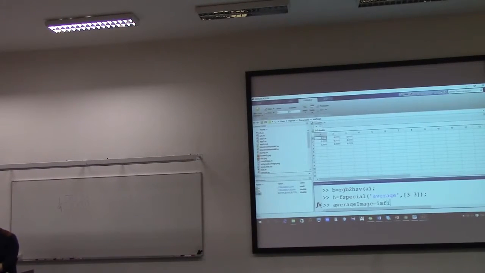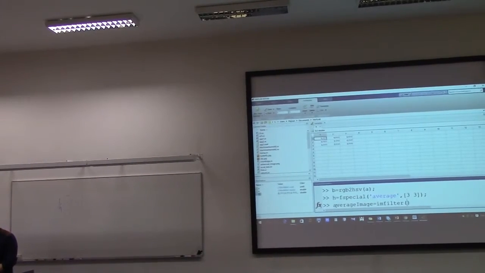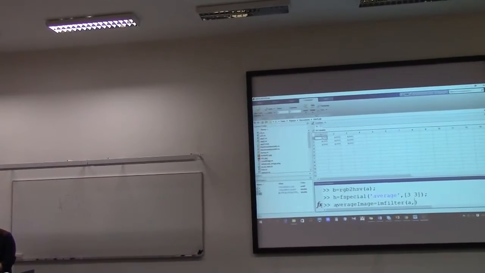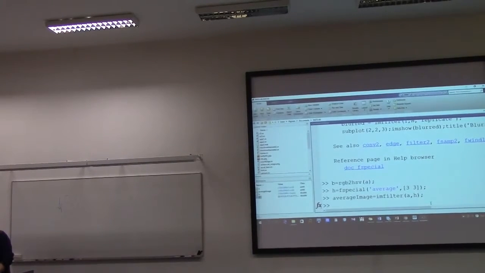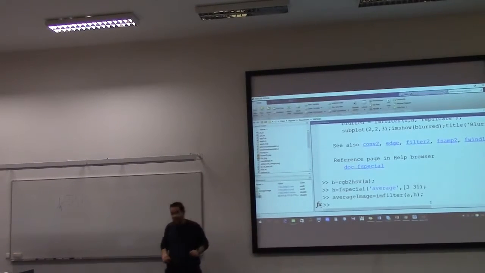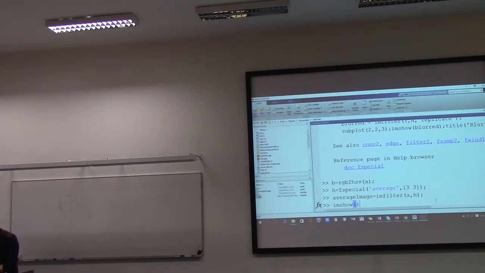We can use imfilter, with the image that we want to apply the kernel on, this is A, and the kernel that we have, that is H. Okay, we apply the smoothing filter on this. If I want to show it to you,